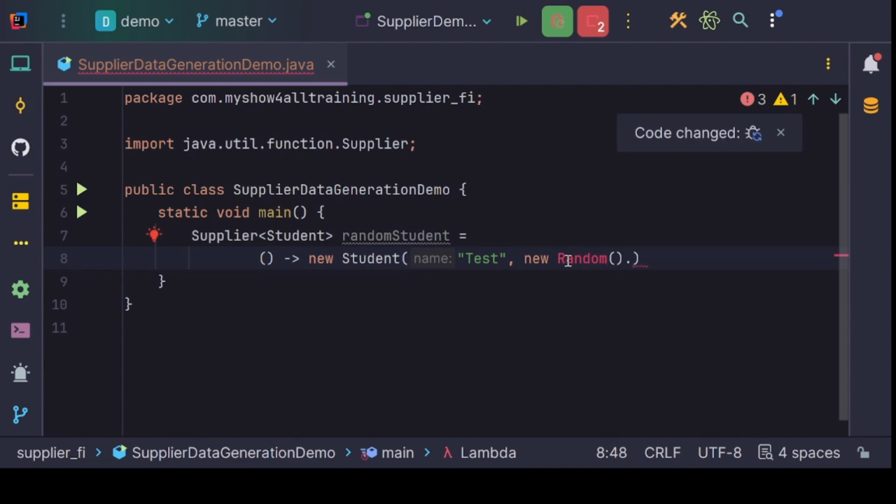Let us import this, java.util.Random. Next,